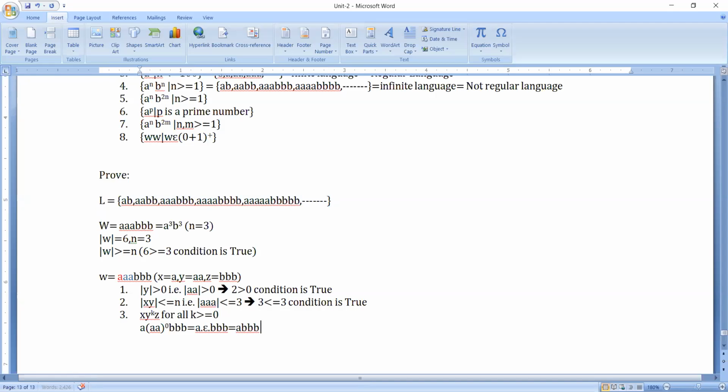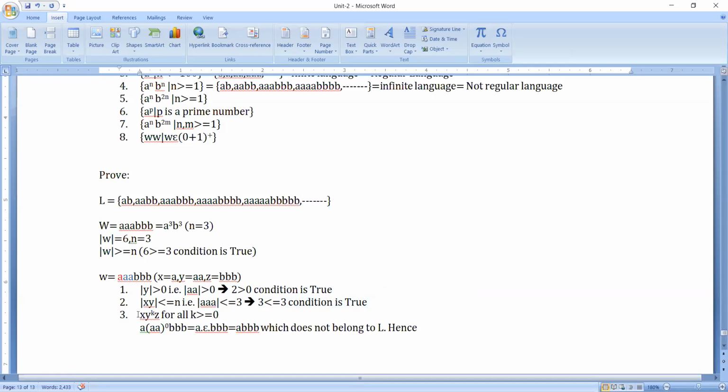So strictly we can say that this is a string which does not belong to L. Hence out of three conditions, the first condition has been satisfied, the second condition has also been satisfied, but what happened to the third condition?